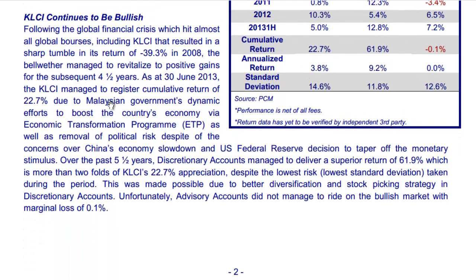Now, the other thing is that there's a comment by the fund manager to say that KLCI continues to be bullish. There are some reasons, like the Malaysian government's dynamic efforts to boost the economy via the ETP program, the removal of political risk after the election, despite the concern of US-China economic slowdown and the US Federal Reserve decision to taper off the monetary stimulus. So over the past 5.5 years, discretionary accounts managed to deliver a superior return of 62%, which is more than two-fold of KLCI